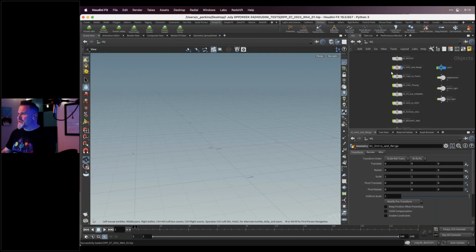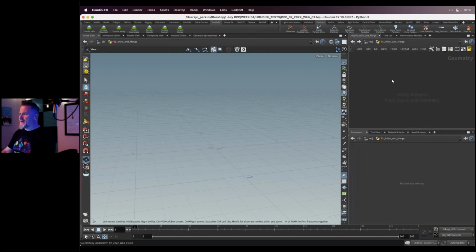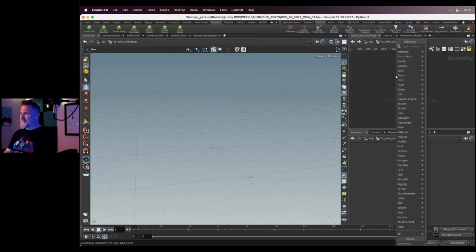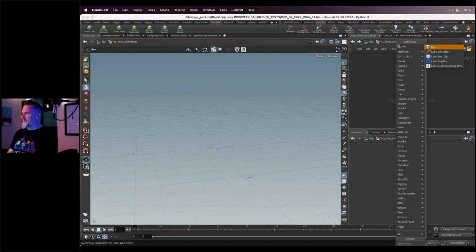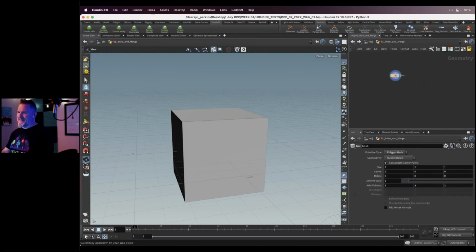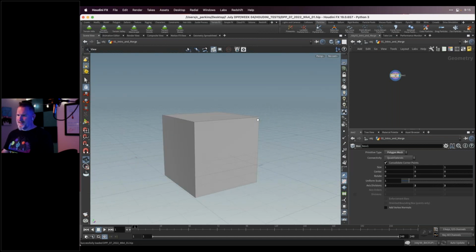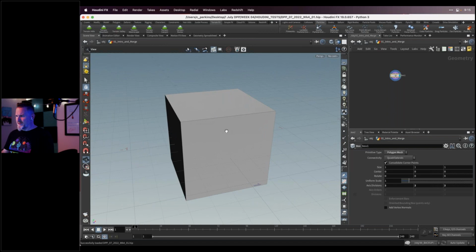So I'm going to go into intro and merge, and we're just going to start talking about basics here. I'm in the geometry context. Again, I hit tab to look for nodes to use, and I'll type in box, and then I find box. As I start typing and it's selected, I can use my up and down arrow keys, but I'm just going to hit enter and enter again, and that makes my box. I can use my Alt key to zoom in and out. I won't cover those navigation shortcuts again, but here is our box.